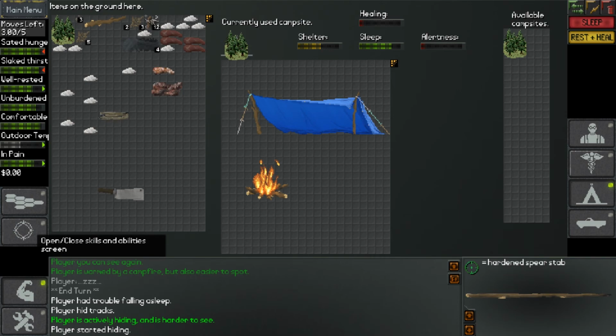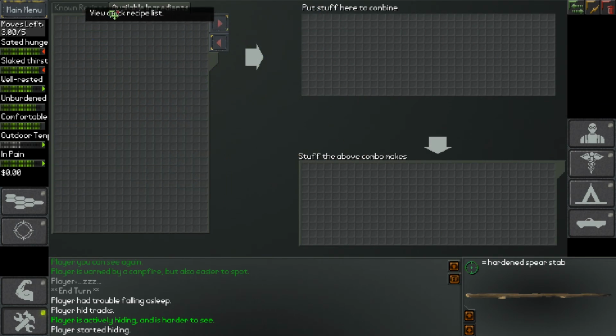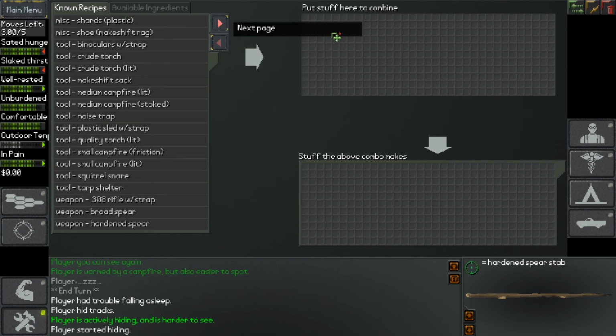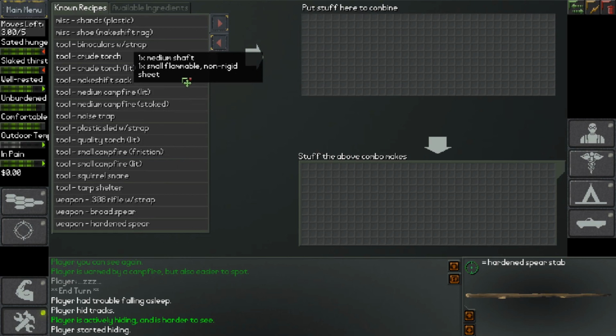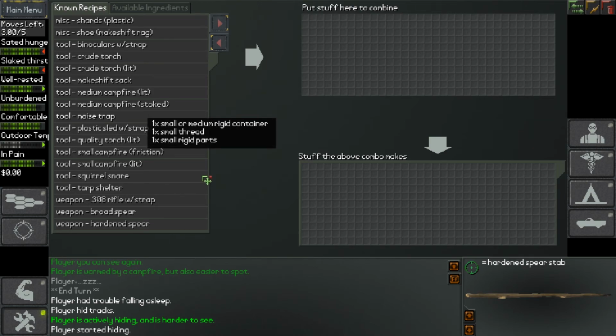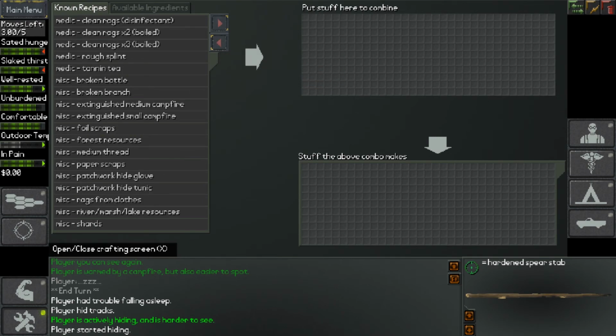Oh, you know what? Now that I think about it, we might actually be able to make a noise trap. So let's see if that's in known recipes. So we're going to want... It's probably under tools. Okay, so we've got tools, crude torch, makeshift sack, medium campfire, okay, stoked, noise trap. Okay, so we need small or medium rigid container, a small thread, and small rigid parts. That one might be a little bit harder to pull off, but I'm thinking we go into...